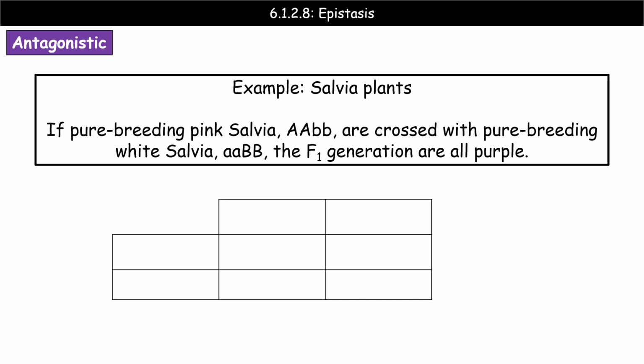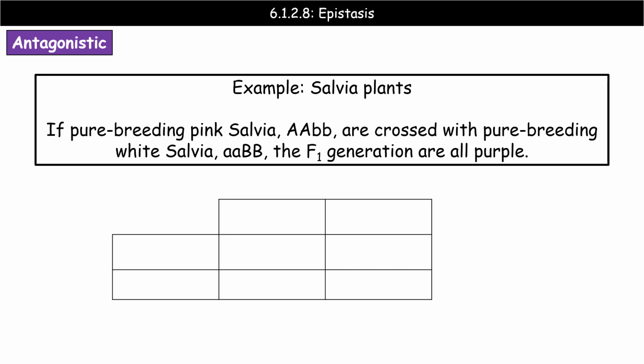So we're going to start off with our original parent types, with our pure breeding pink salvia. Now the pink salvias will have two capital A's and then two lowercase b's. So we're homozygous dominant for the A and homozygous recessive for the B. And we're going to cross those with pure breeding white salvias, which are homozygous recessive for A and homozygous dominant